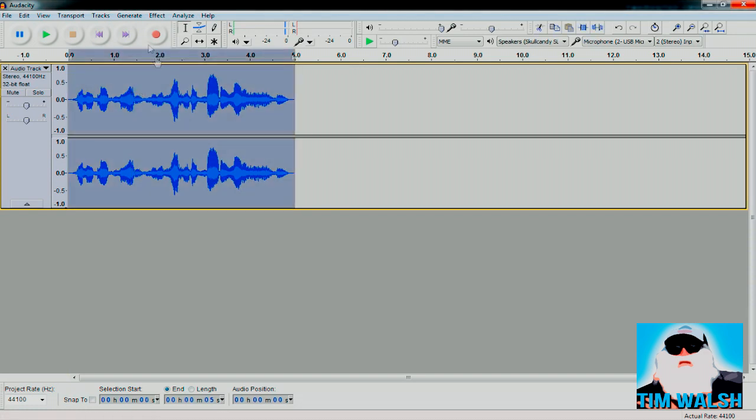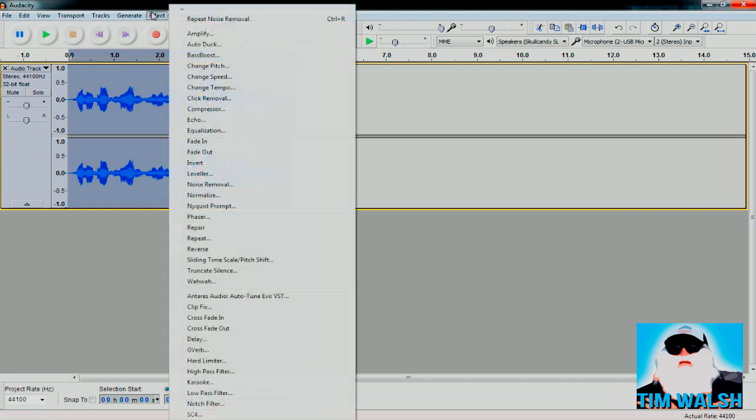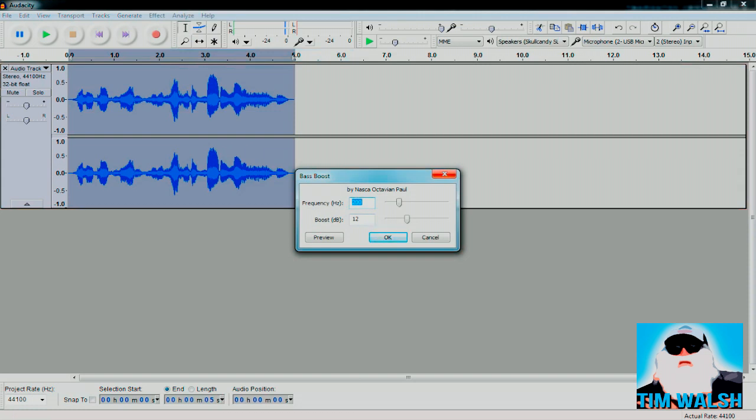Now, the fun part. We want to add a bit more oomph to the actual recording. So we're going to go to Effect, Bass Boost, and we're going to boost it up by 12 decibels. If you have a deep voice, which I obviously don't because I sound like a sissy girl, 12 is the default. But if you literally are going to do a voice now, you want to do this more. If you're a big man, you don't need a bass boost. It really depends, but I like 12. 12 is good for me.